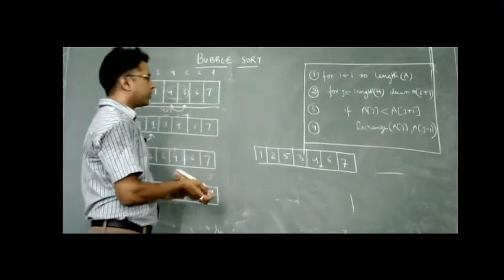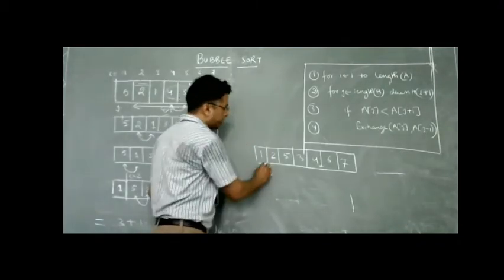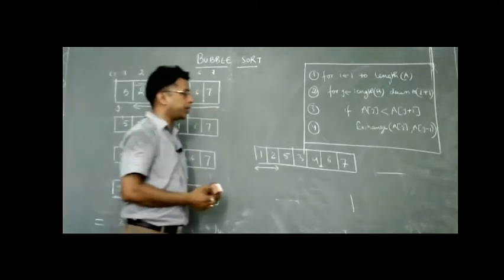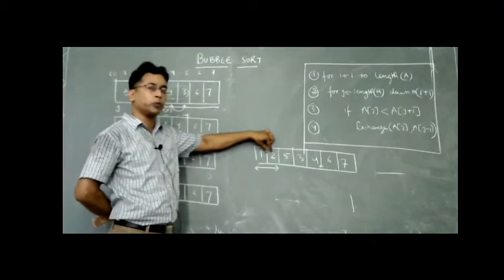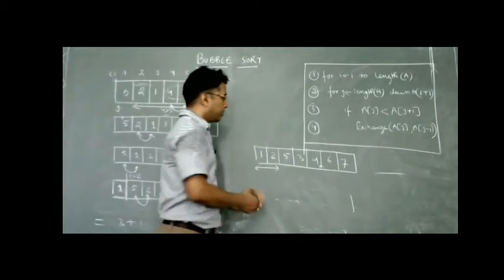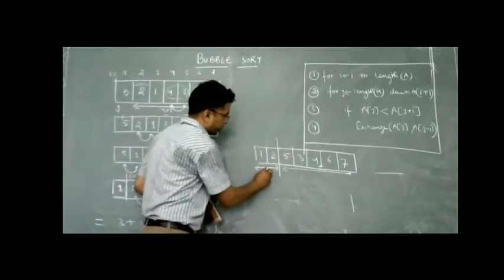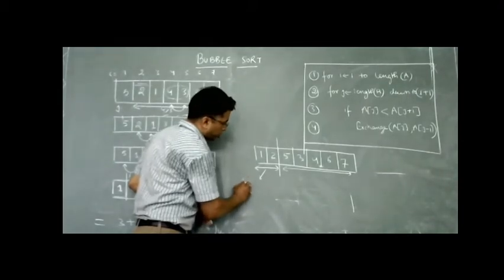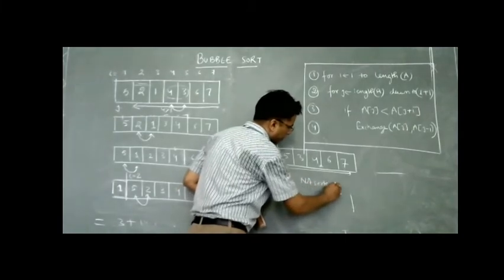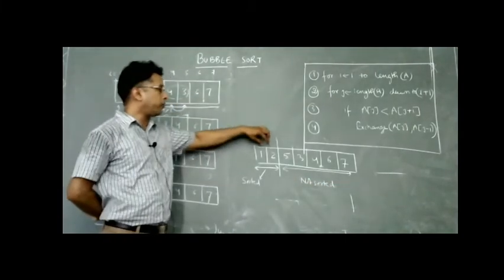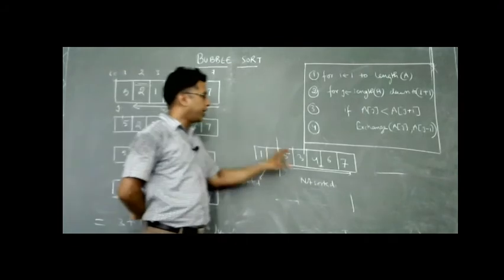Okay. Here now this would be the end of the second iteration. And after the second iteration, we have placed two smallest elements in their position. 1 and 2 have been placed in their right position, but the rest of the array is not in ascending order. These are sorted, but these are not sorted. Here, after two iterations, the first two elements have been arranged in sorted way, and the rest of the elements